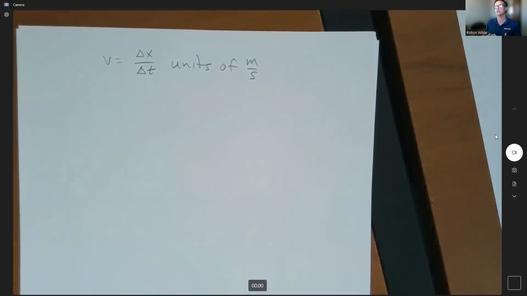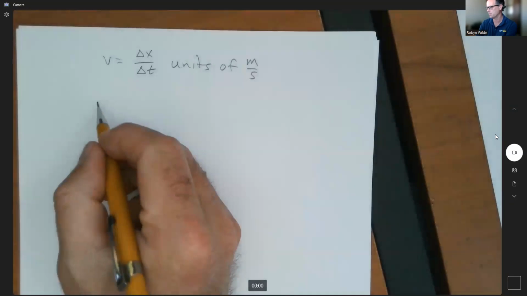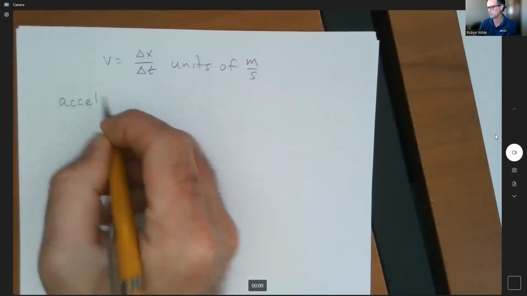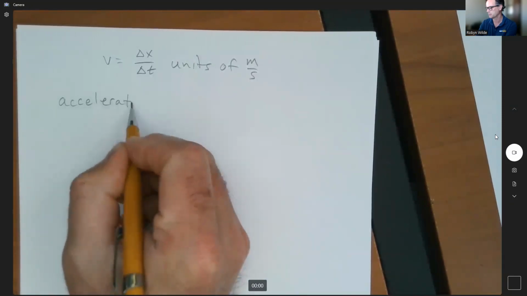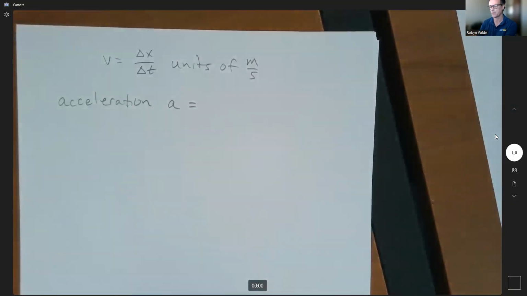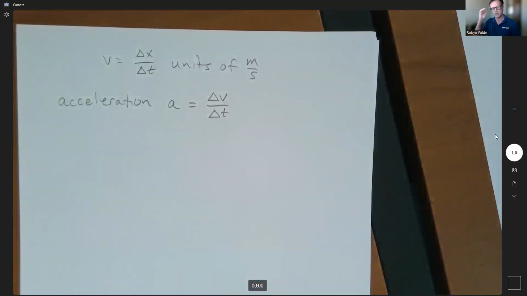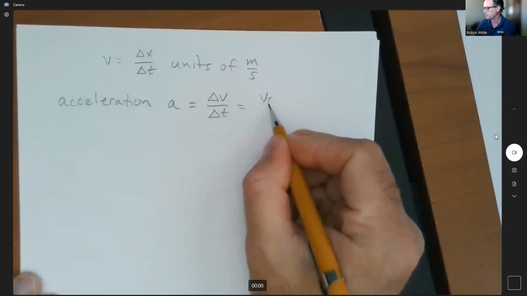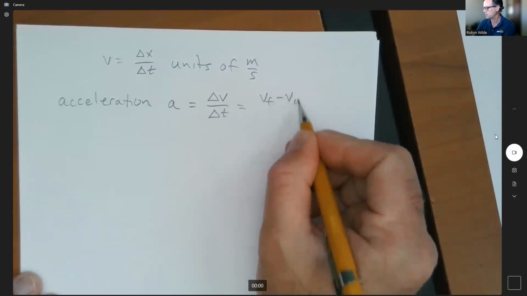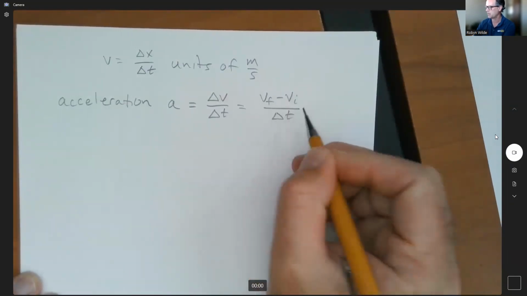When you have a constant velocity, what I would say is there is zero acceleration. So basically, the acceleration is the rate of change of the velocity. You have to have a changing velocity, right? And it gets a little tricky, it gets a little confusing because they seem quite similar. But let me write down our definition of average acceleration. I'm going to call it A, and it's going to be delta V over delta T, right? So it's a change in velocity over a change in time. So I will have a V final or a V2 minus a V initial or V1 over that time change,